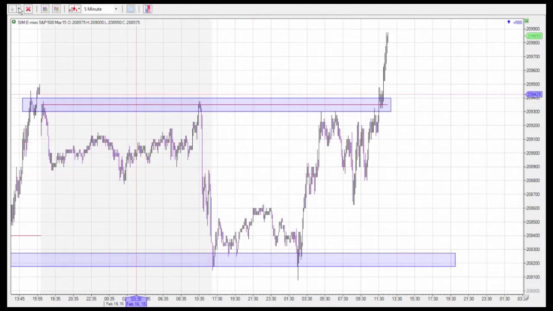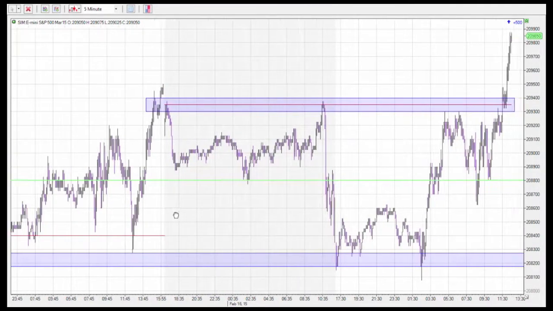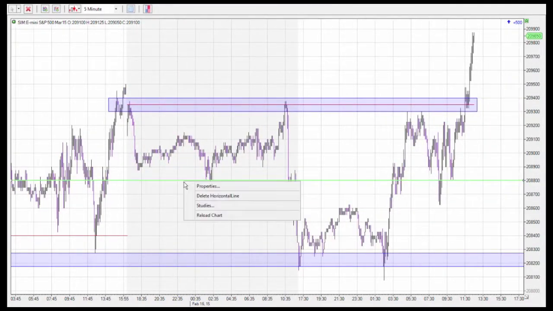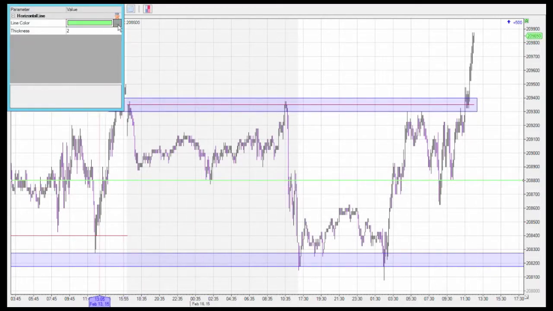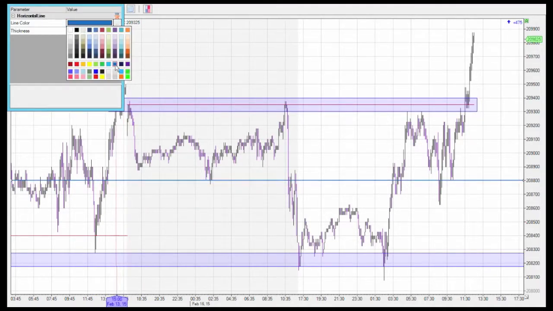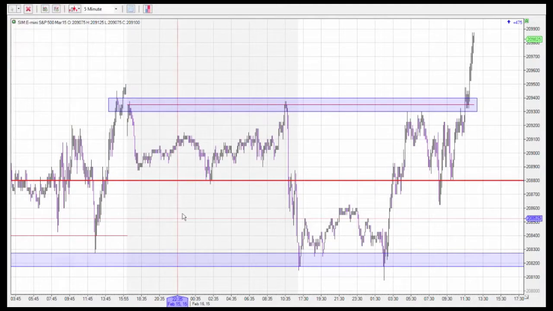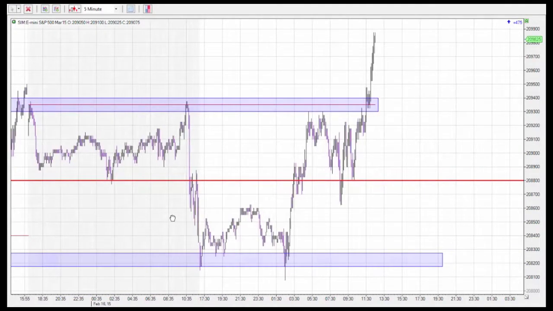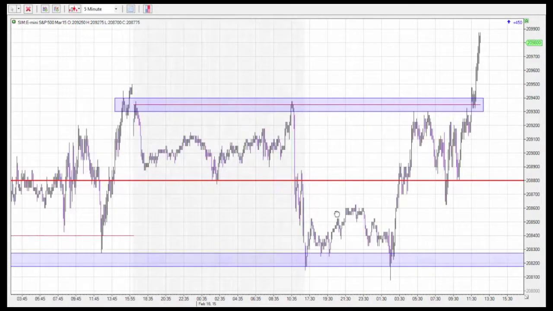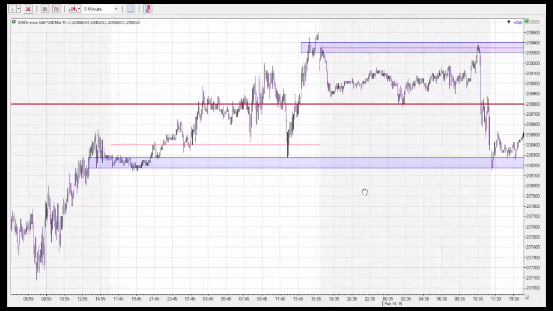Now you'll also notice that there always tends to be a midpoint somewhere right in the middle between those two. So that's just something to be aware of when you're looking at these particular things. We're going to change this color just so you can see it a little bit better there. We'll give it a nice big fat red line. So you can see that there's somewhat of a midpoint as it relates to that. That tends to be the case in most scenarios, so you can just get a good feel for the overall